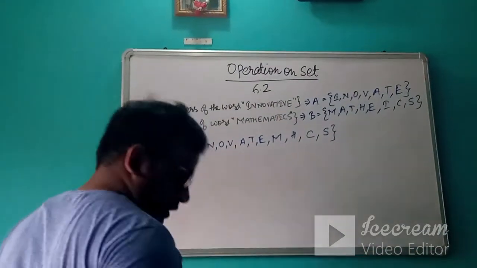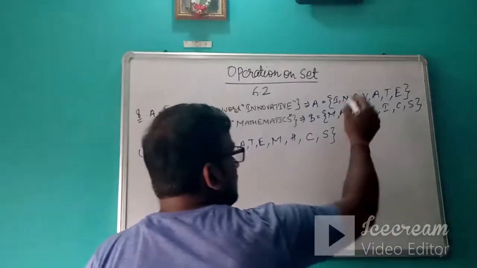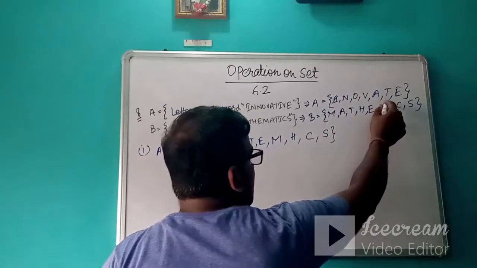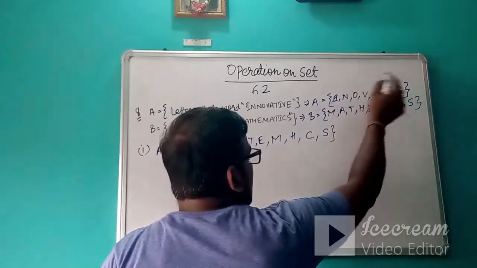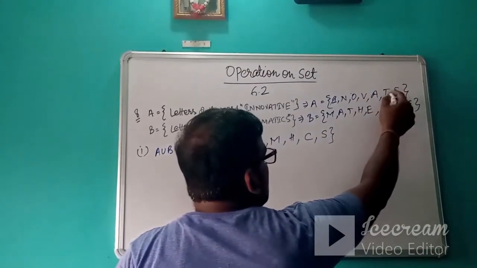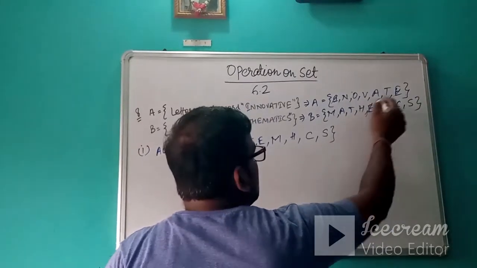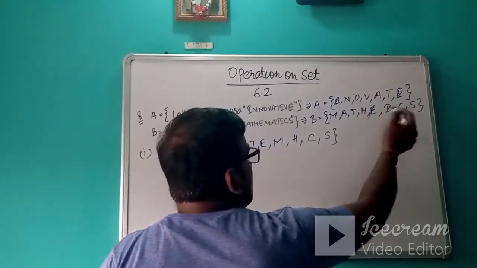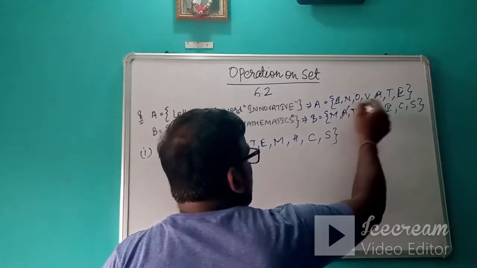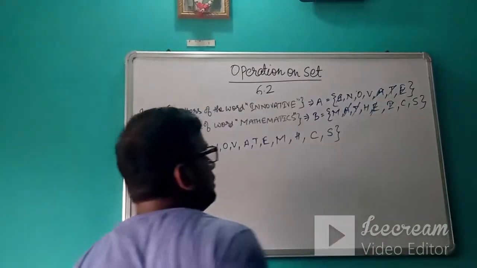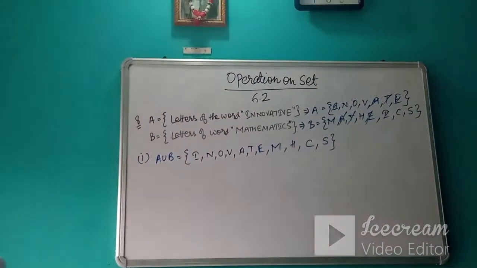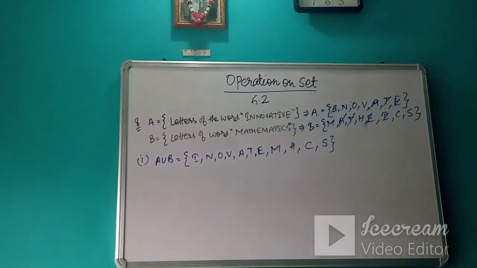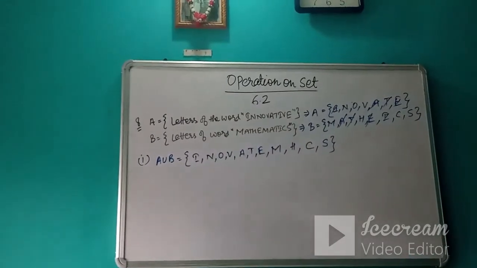Or if you are having any problem visualizing this, then you can cut the repetitive elements like I have cut: I, then E, and E was there, then A and A was there, then T and T was there. So these were the repetitive elements. Now you can easily see the unique elements which are there in this.